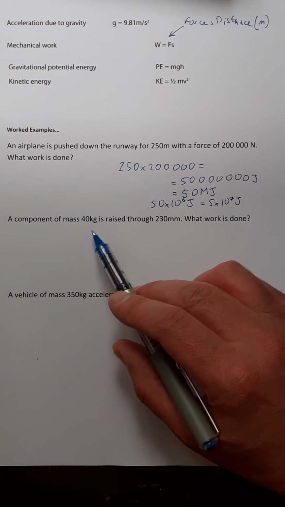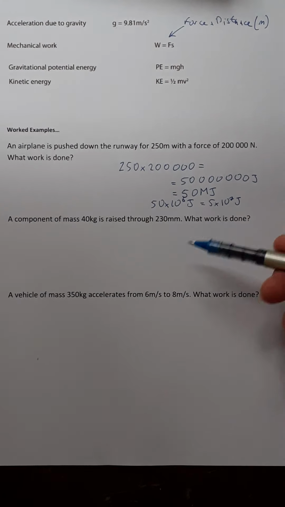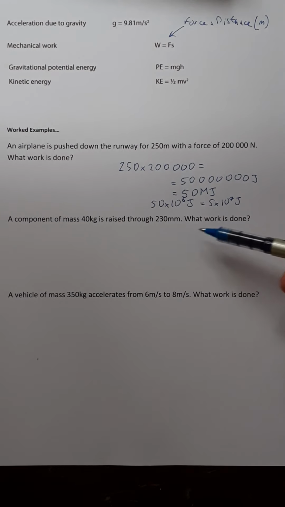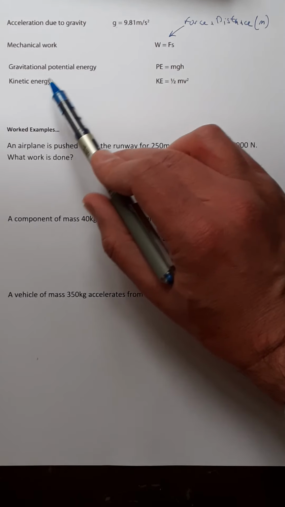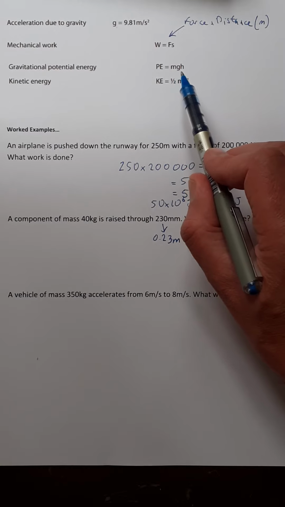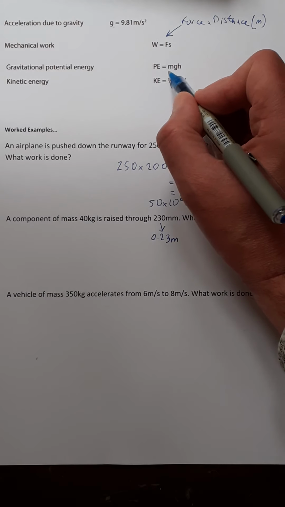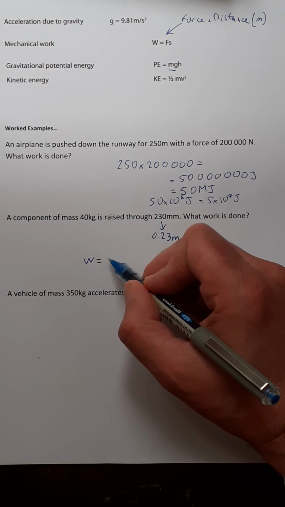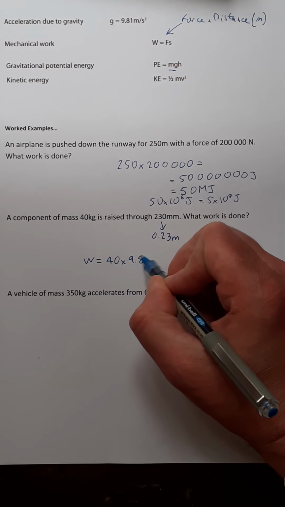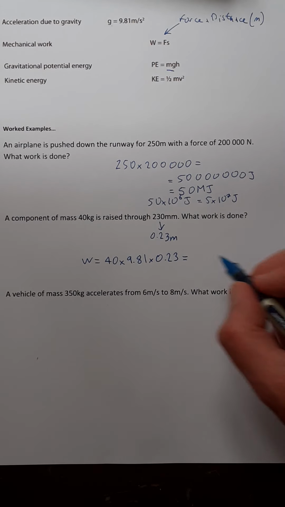Okay, next question. A component of mass 40 kilograms is raised through 230 millimeters. So that might be being jacked up or lifted by some crane or winch, doesn't really matter. But what we're asked is what work is done. And the first thing here to realize is that I'm obviously going to change that to 0.23 meters. Now, gravitational potential energy, we know from last week, is m mass times g, this acceleration due to gravity, times the height. And because this mg is a force and that's a distance, it's literally just the work done is going to be the mass times g times the height, 0.23, and that's going to be